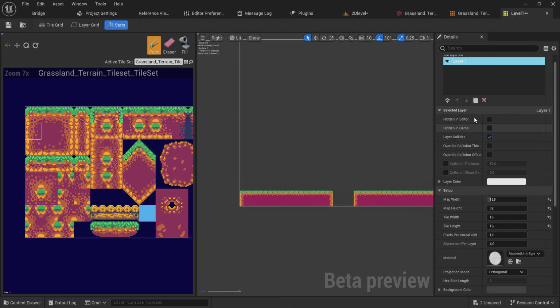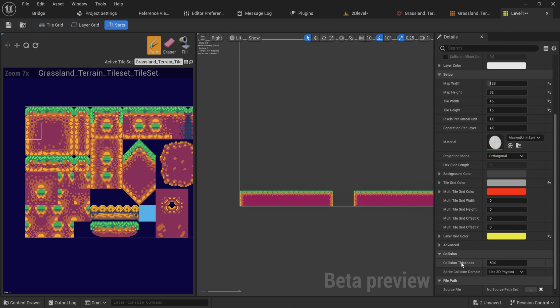So if we scroll into the details panel to the bottom, we can see the collision thickness. This is how far the collision extends to the left and the right. You might be thinking, what does that matter? Well, this might be 2D, but Unreal's physics system and everything about Unreal Engine still functions in 3D. Right, so if we look around, this is a 2D tile map and it exists, and we have all the tiles and the sprites that we're using. They are entirely flat. They don't have any width. If we look at them exactly from the side, you effectively can't see them, but it still exists in a